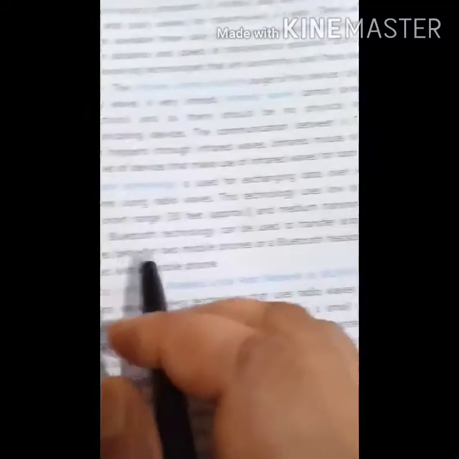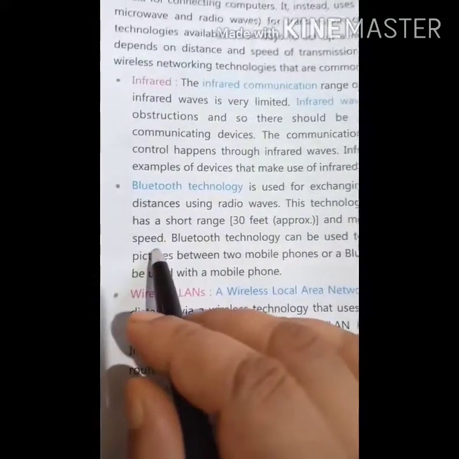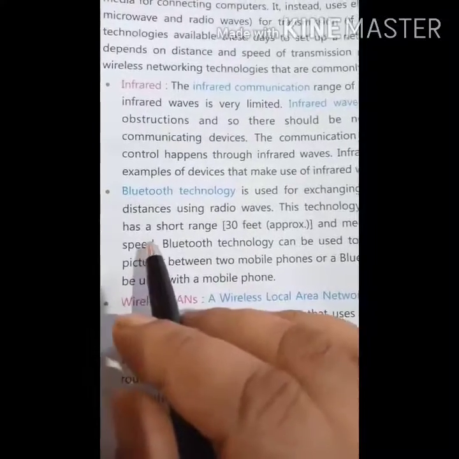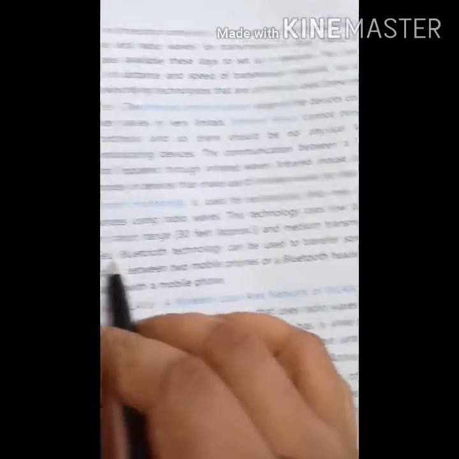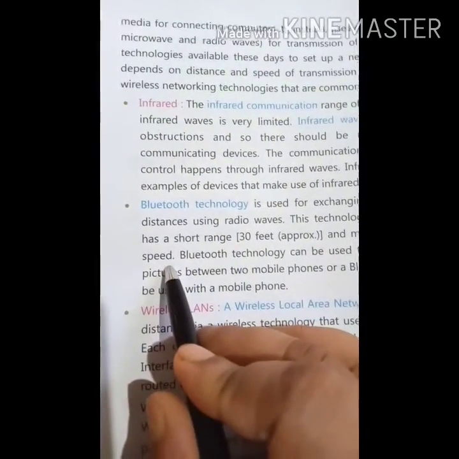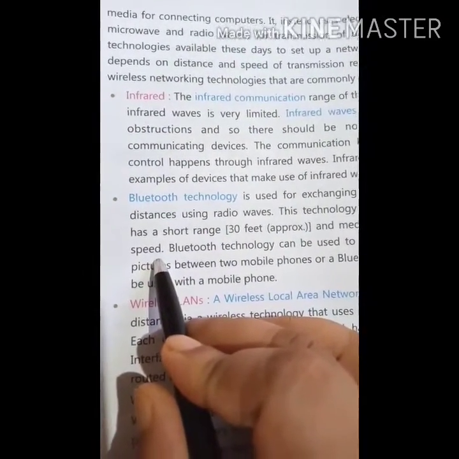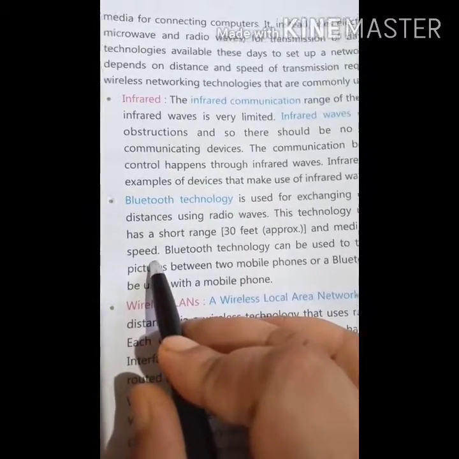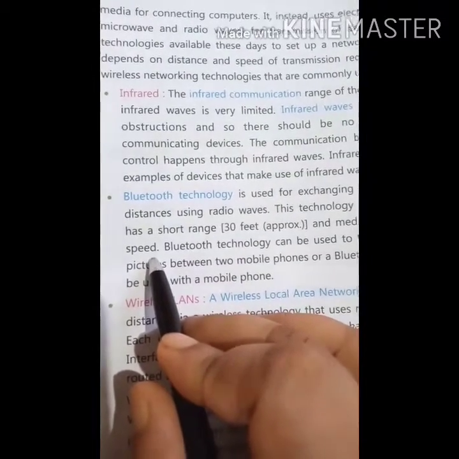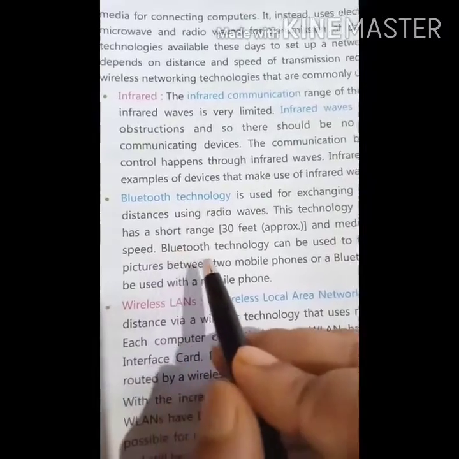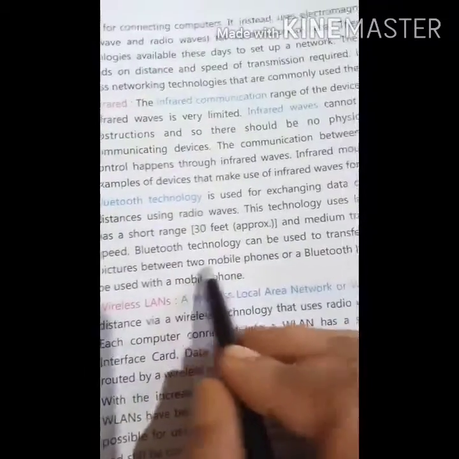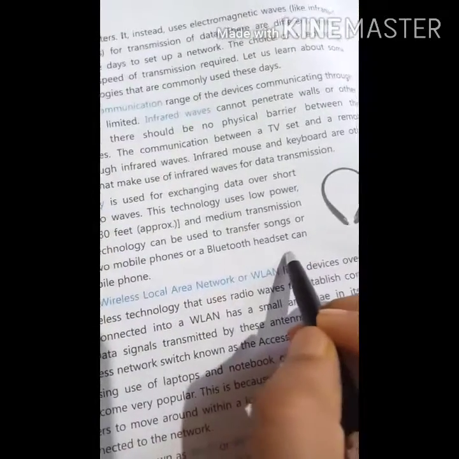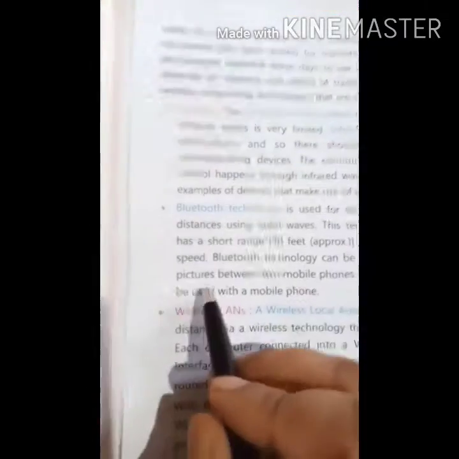And the transmission speed will be medium. In the medium speed it will go. Suppose you are sending an image from one mobile to another mobile, so its speed will be medium. Bluetooth technology can be used to transfer songs or pictures between two mobile phones, or Bluetooth headsets can be used